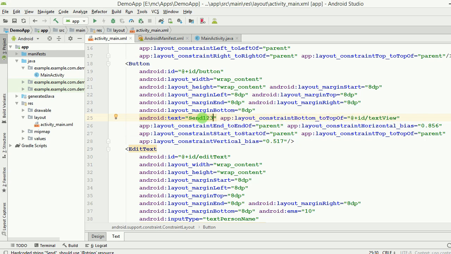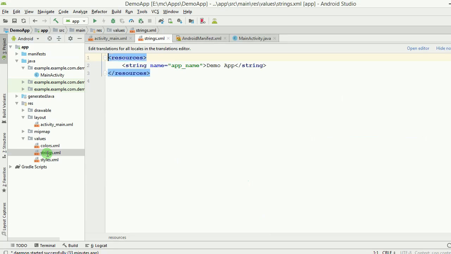If there was only one button which was supposed to have send 1 2 3 on top of it, then in that case it would have been fine. You would have just come here and changed it. But what if there were 500 buttons across your app and you wanted to change send to send 1 2 3 for all the 500 buttons? In that case, it would have been a tedious job to type send 1 2 3 500 times. So a better approach is you can go to the values folder, and in this you'll find strings. You create a string tag here,